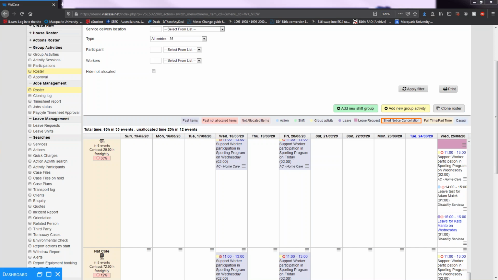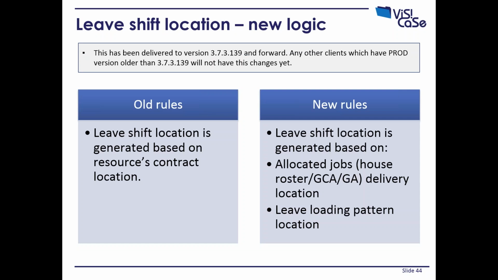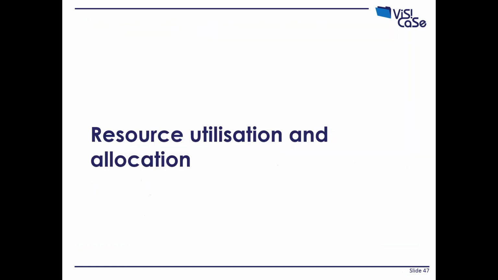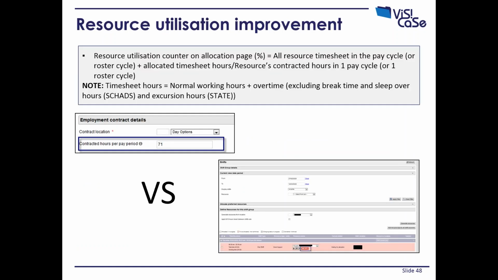Okay, I'll head on to the next section then. This is another small application that's been brought in 374. What it does is, on the resource skill page, we've now fixed up the resource utilization corner that sometimes